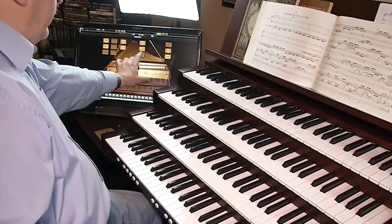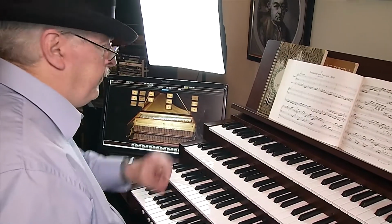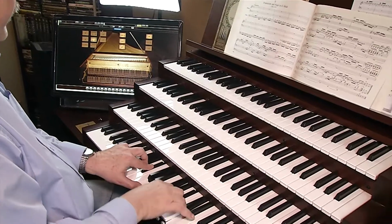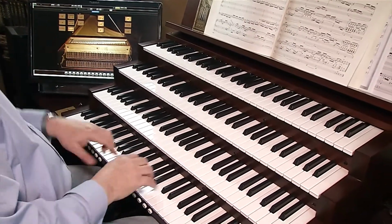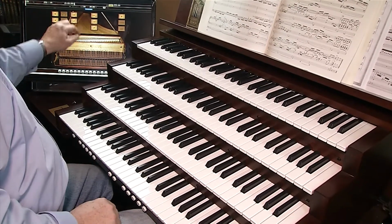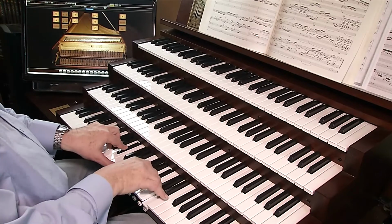And the same thing in the pedals. You got a 16-foot bass. Add the 8-foot, you'll hear the 16 and the 8 together. So it's basically the same kind of thing that you're doing. This also has nice combinations. And we get all 4 of them, and we get a nice...